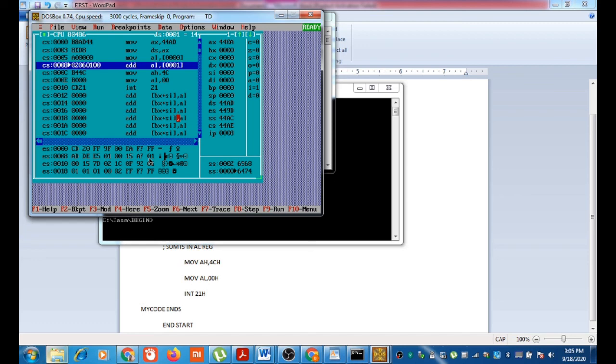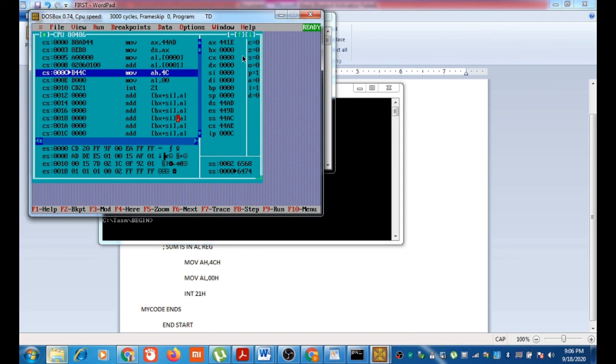You can see the constants N1 and N2 here. Those are their addresses. See, now AL carries the value 0A. 0A, that is 10, and after executing this instruction, the content of AL will change.